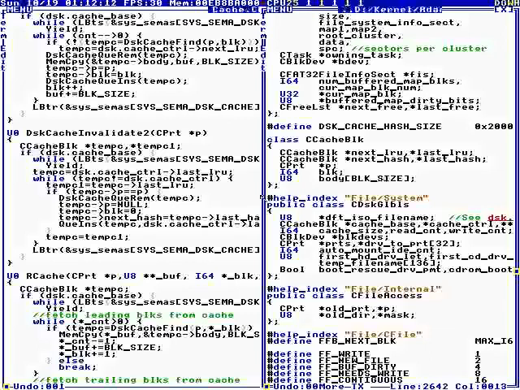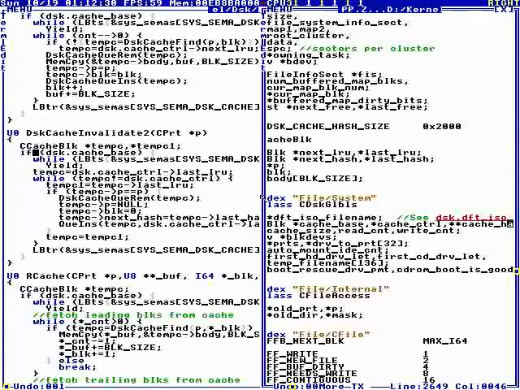So the blocks are 512 bytes. And this is the block number, this is the partition, and so the cache is an array of cache blocks, and